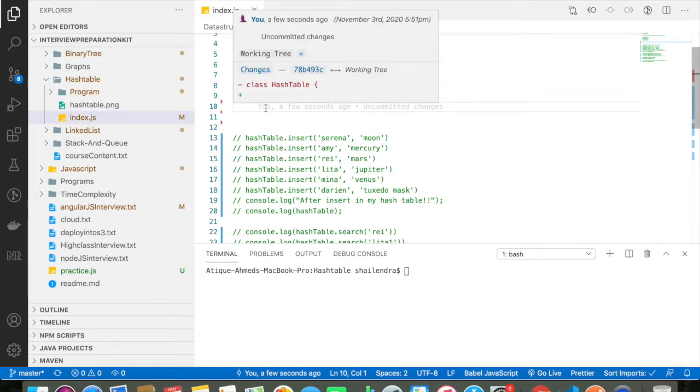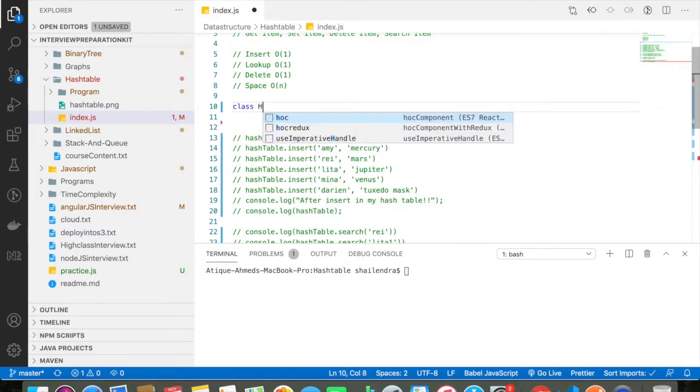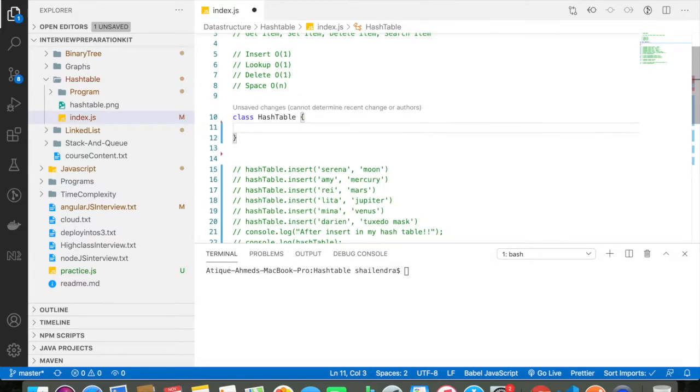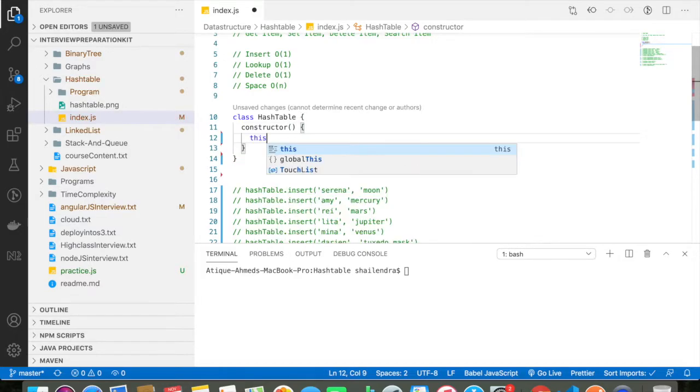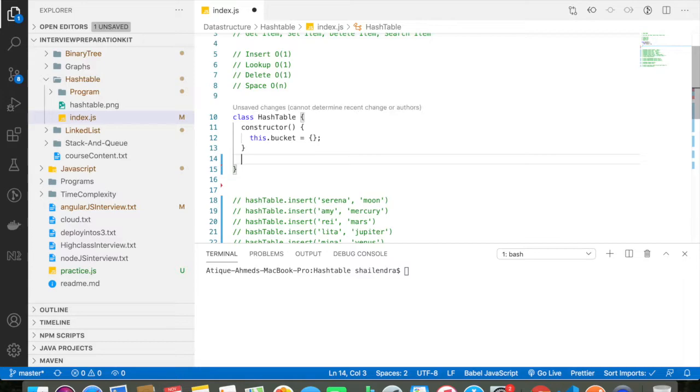Alright, let me declare a class, and my class name will be HashTable, which has a constructor that holds an object, and my object name is bucket. The first thing I have to do is insert, which takes 2 parameters, one is key and another is value.